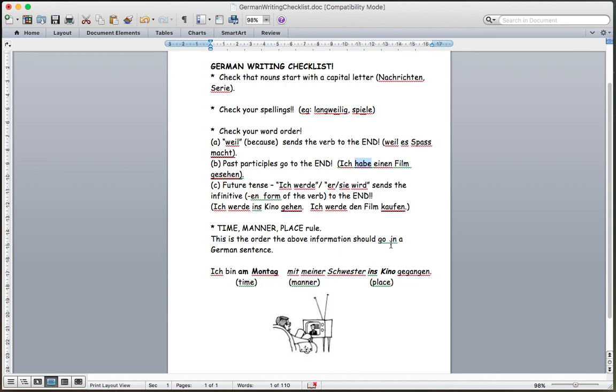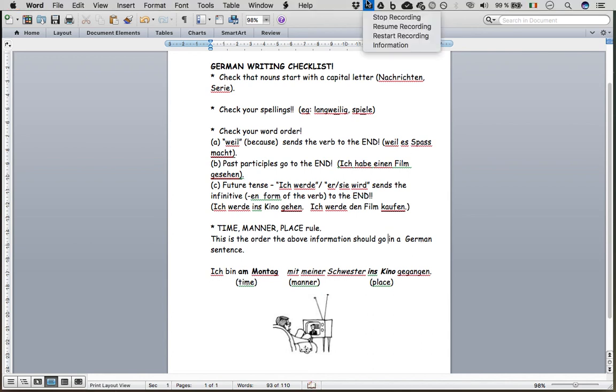The above information should go in a German sentence. So, time management and not writing up to the very last minute. Some students just have too much to say or need more processing time, and that has to be allowed for. But ideally, when you're doing your writing, you should leave it for a few minutes and then go back over it to make sure that these errors are not being made. And you need to train yourself in this manner of thinking.